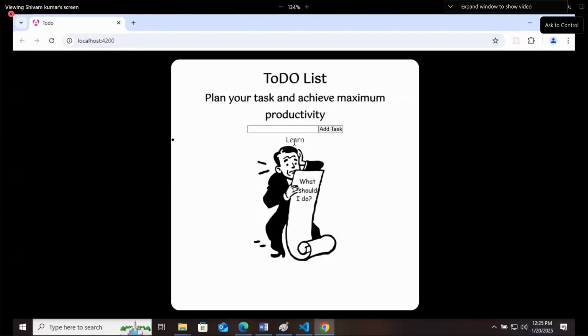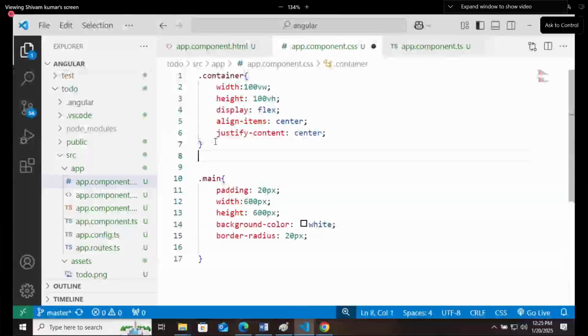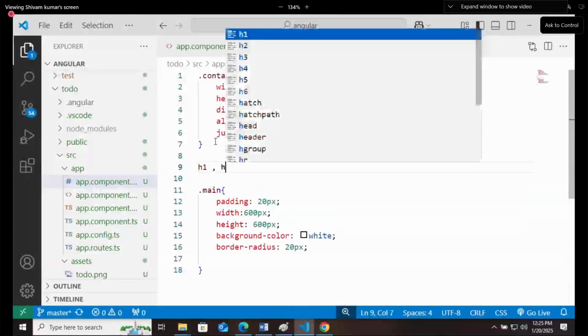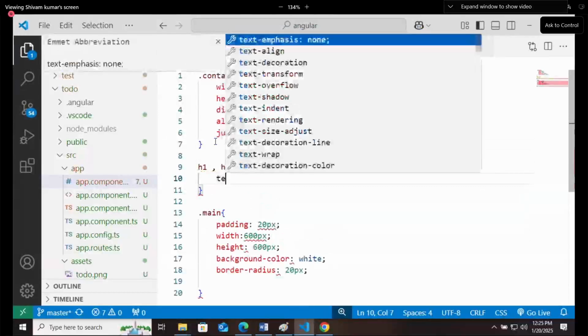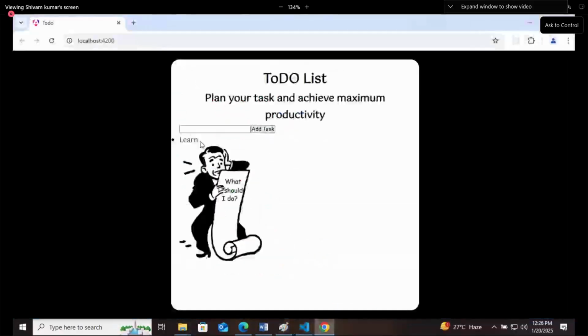So the learn task is coming here. You have given text align center in this way. This one, let me remove this. I will give it to H1 and H2. See, learn is coming here.